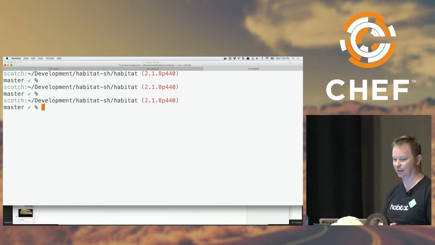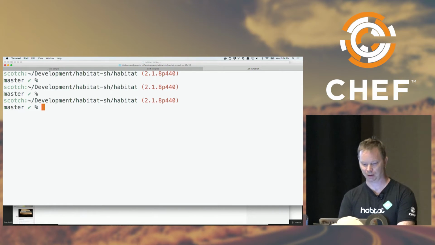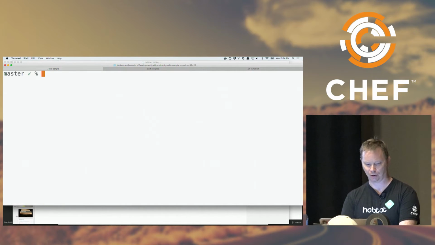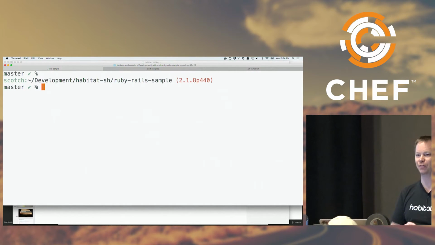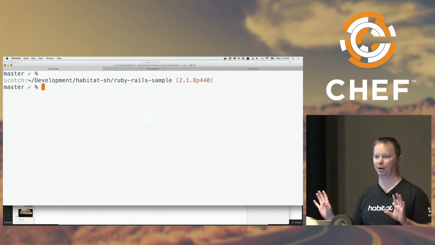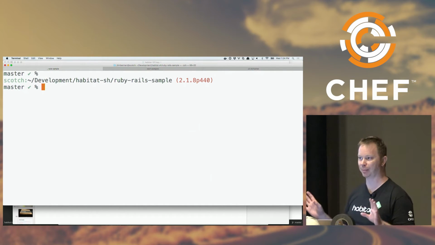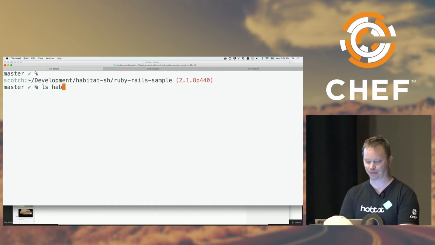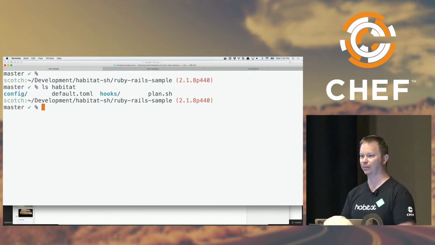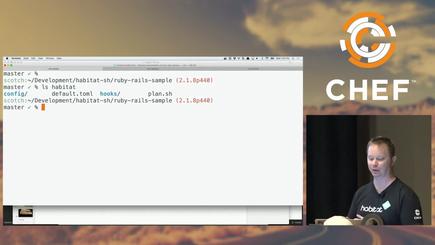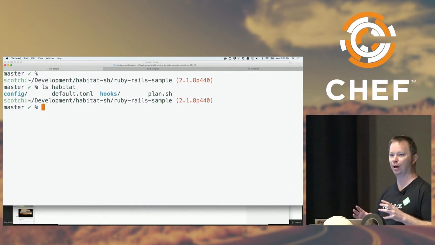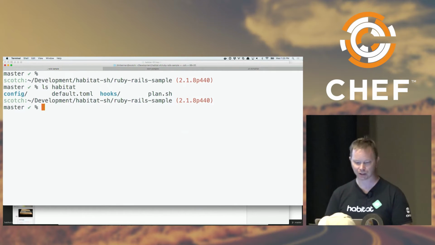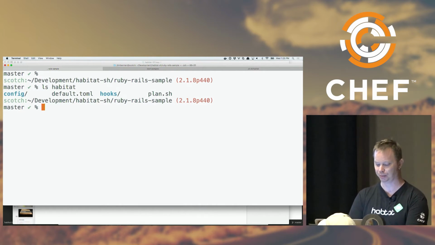So Habitat is a Git repository on GitHub, and I have it here. For example purposes, we have a Ruby on Rails application. Now, I know not everybody runs Ruby on Rails, and that's fine. Whatever application you run, you'd go to its repository, and if you're going to start using Habitat, you'd create a habitat directory, because that's the default location Habitat is going to look when it's working with your application to package it. And then we have a plan.sh. The plan.sh is a bash shell script.